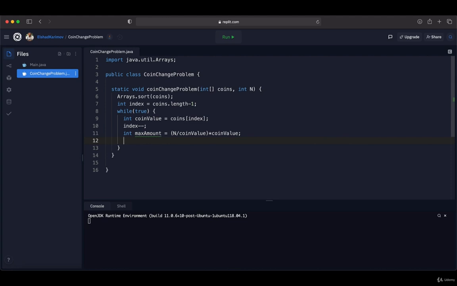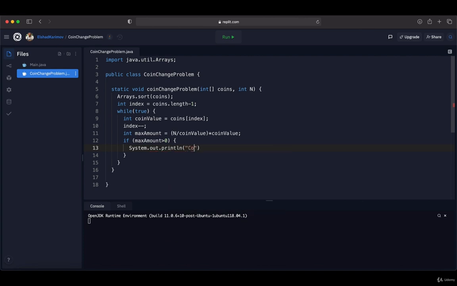So after finding the maximum amount, for the first loop it is going to be the amount that we have in n. So we are going to put an if condition like this: if maximumAmount is greater than 0, in this case it means that we can print out this coin value to the console. This means that we are taking it as a solution for the coin change problem. So in this case it's going to be like this: